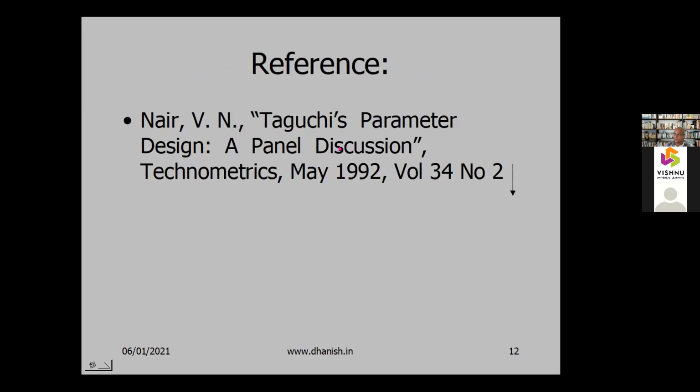There is a detailed discussion from 1992, Taguchi's parameter design, a panel discussion. There were several authors, some 15 or 16 papers in this issue. It discusses the various Taguchi designs, what the problems with Taguchi designs are, and what you have to be careful about. Unless you have the concept of aliasing, you will not be able to follow this. So with Taguchi's designs, you have to see the alias structure. Sometimes it may be all right if you are careful in doing the design, but sometimes you can be led to wrong conclusions.